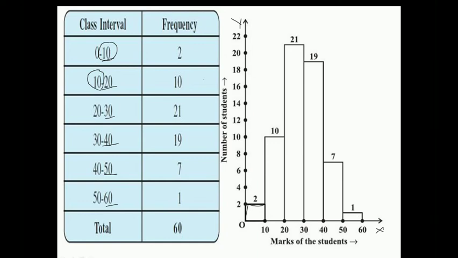So for 10 to 20 it is 10. So at 10 we will draw a line. For 20 to 30 it is 21. This is 20, and when you draw a graph on graph paper, you will see there are small lines between 10 to 20. So as per calculation, you can choose one specific class interval between two numbers. So after 20 and below 22, exactly at the half point, you can draw a line for 21.